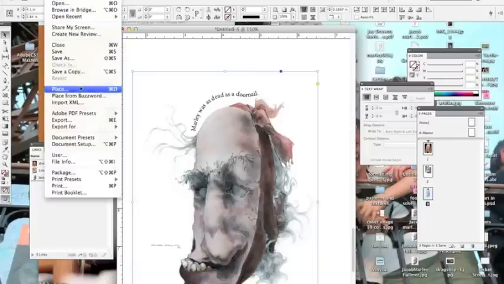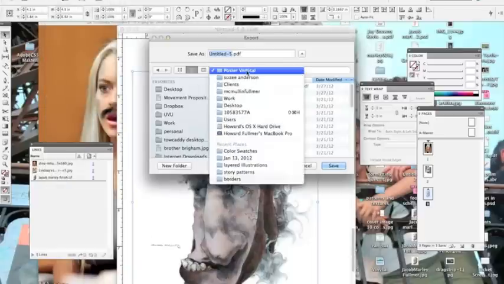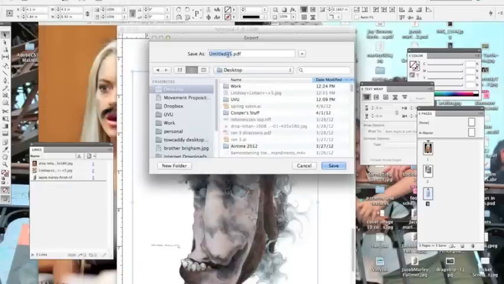And that's when you go ahead and go to File, Export. And you're going to do your Adobe PDF presets. High quality print is one that people could print out. Press quality would save it appropriate for an offset press. Or smallest file size, which will give you low resolution versions of all the images, but high resolution versions of the type. In this case, I'm just going to save it as smallest file size, because it's just for time. I'm going to save this on my desktop, and we'll call this last lesson.pdf,